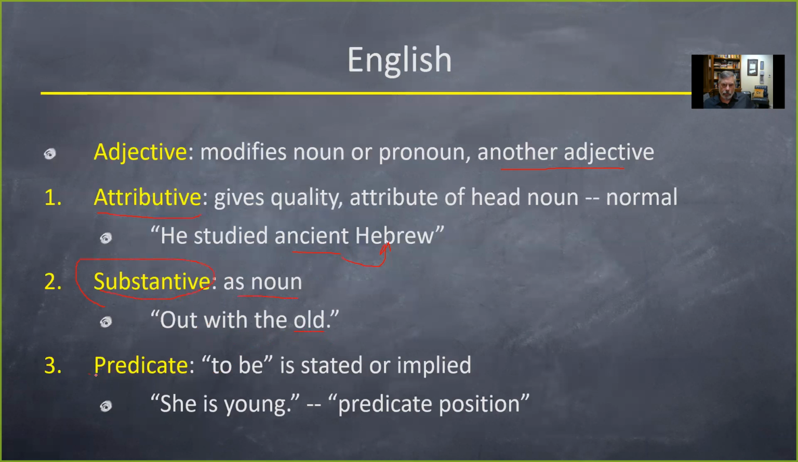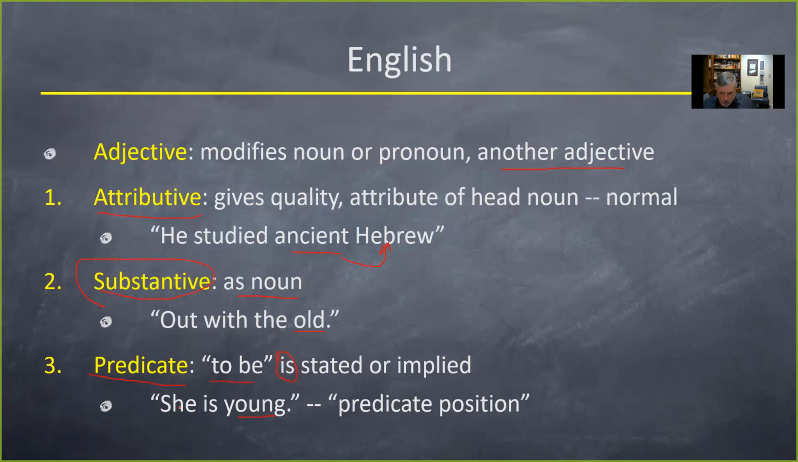Or it can function as a predicate. Remember we said the predicate is wherever the verb is, anything after the verb is, or with the verb is, and after it is the predicate. And so to be is, whether it's stated or implied: she is young. Well, young is an adjective, but it's functioning as a predicate adjective. In other words, she is, and it's giving us a